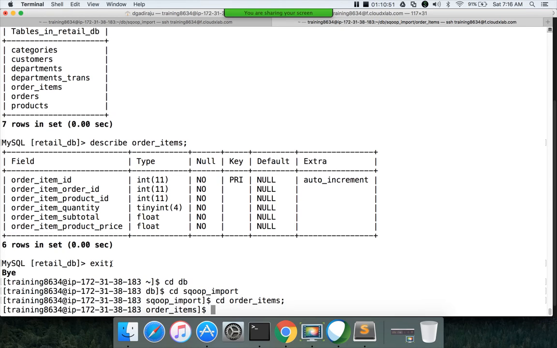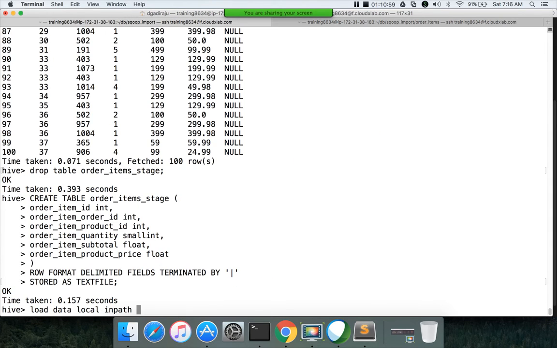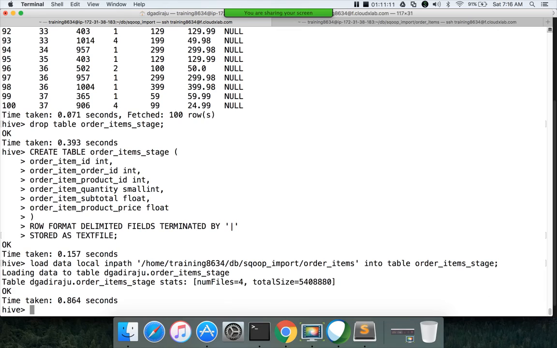This is the path from which we want to copy the data. Copy that path, in single quotes, into table orders order items stage. Okay, now the data is loaded.